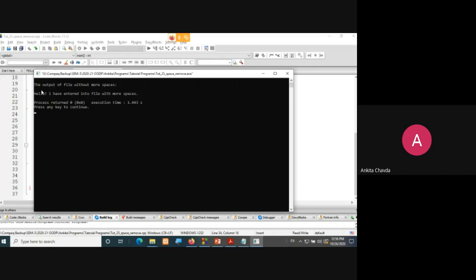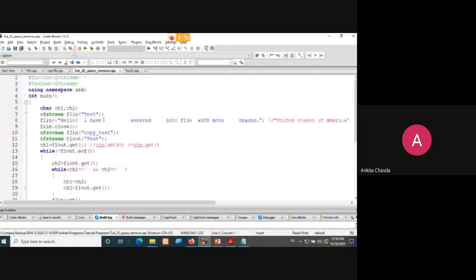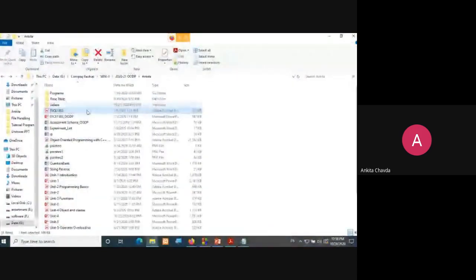Fine. So the output of the file without more spaces is this, right? We don't have many spaces. What we were writing into the file, you can see just like this with many more spaces. So we can check this with our folder, right?